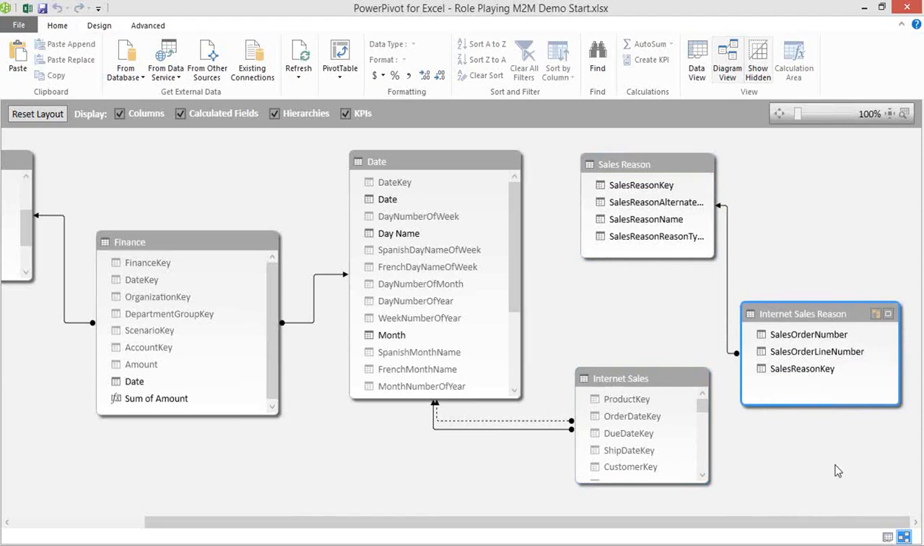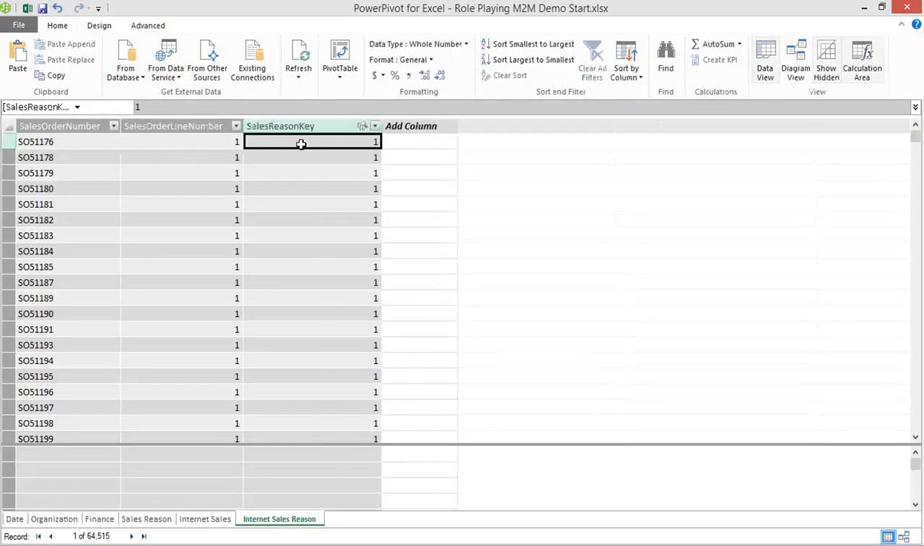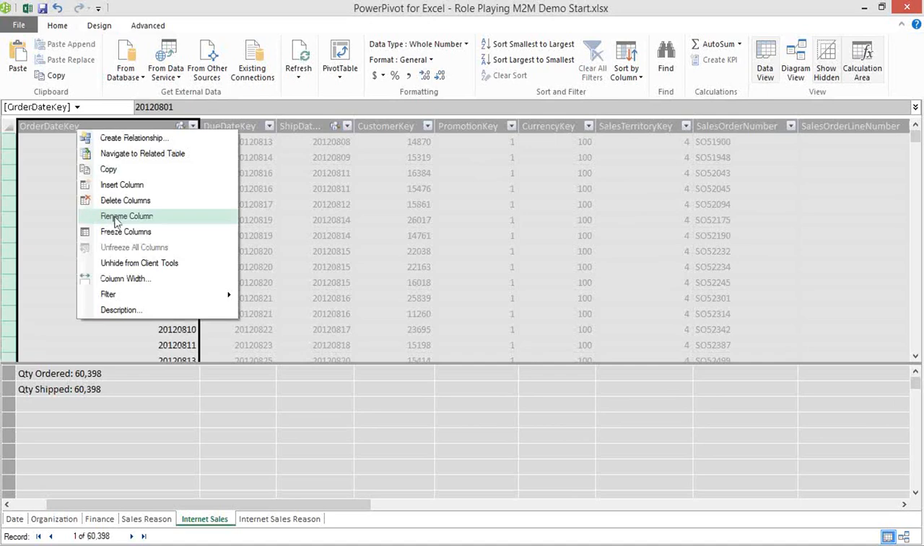Now, internet sales has a collection of key values. I'll flip over to grid view, and it has order number and order line number and sales reason key. Now, sales reason key is the primary key of our dimension table, sales reason. And in our internet sales table, we can see that order number and order line number create a unique record for our order. Okay? So we're going to create a composite key here that'll be one value to represent a